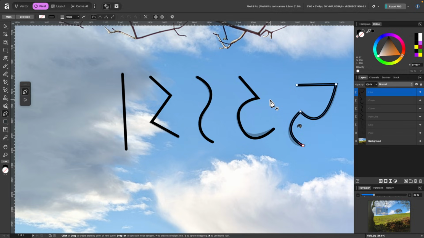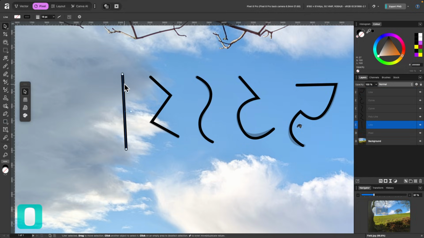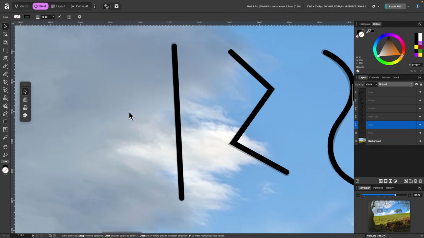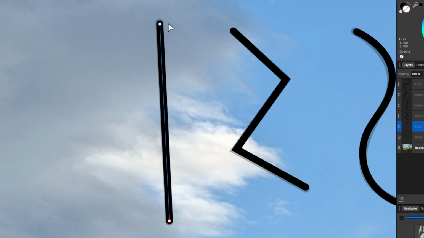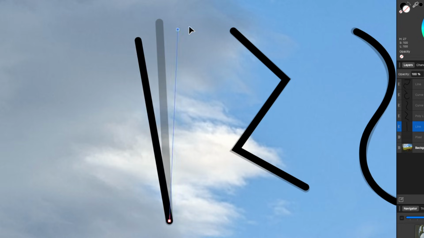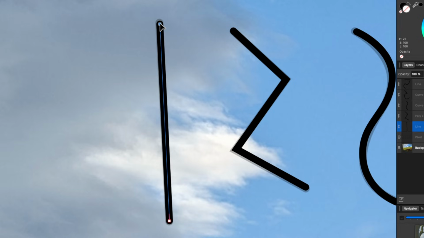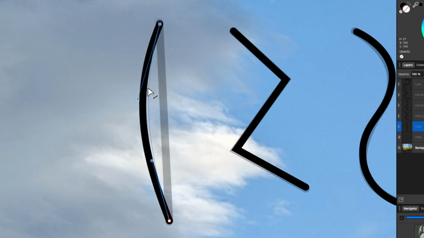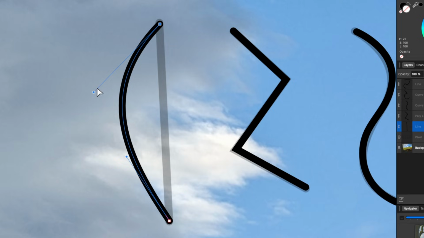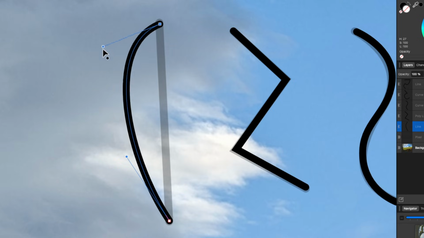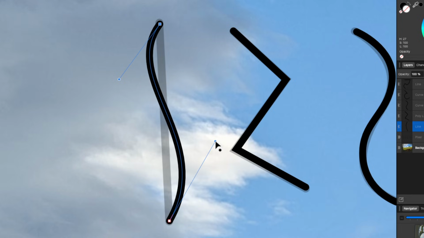Okay, let's try out the node tool, but first I'm going to select V, which is the move tool, and I'm going to select the first line that I drew out, and I'll just zoom into it. So now I'll go ahead and select the node tool, which is A on the keyboard, and I'll show you what this can do. So with the node tool, I can click and drag on these nodes and move them around like that. I can also click and drag around the stroke in the middle there. And you see, as I've dragged it out, you can see there's these handles here, and we can also click and drag these handles around with the node tool. So you can further manipulate the shape however you wish.